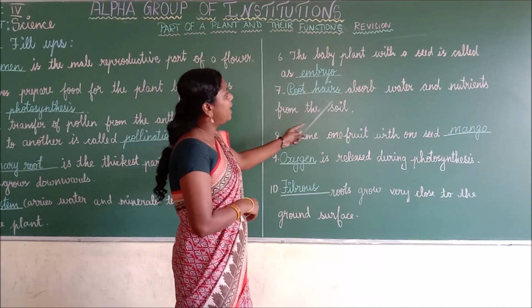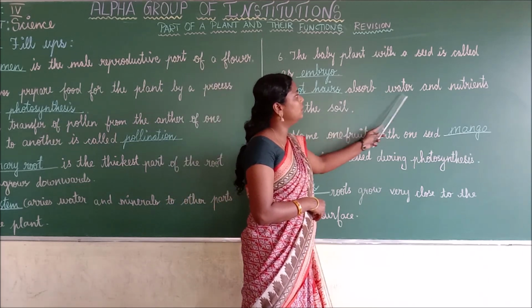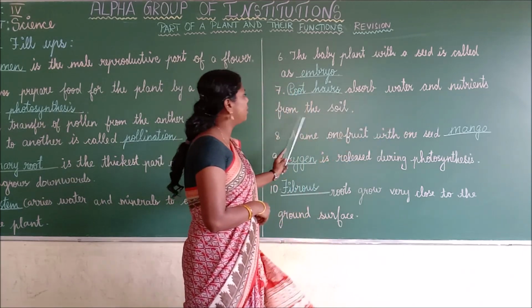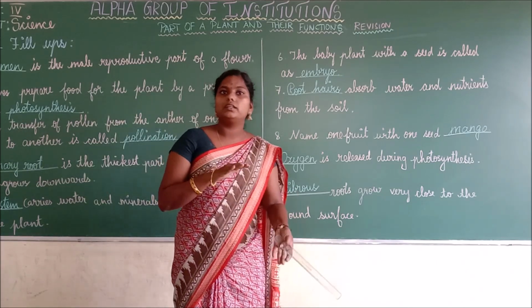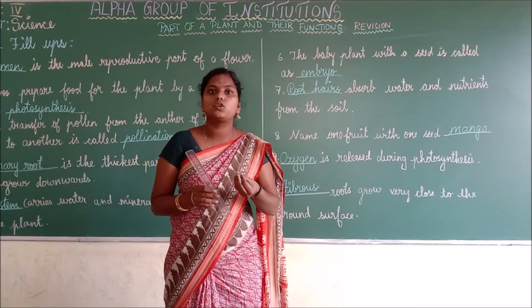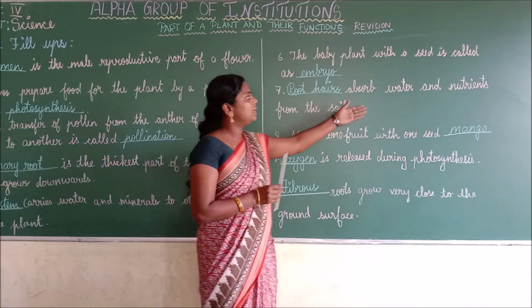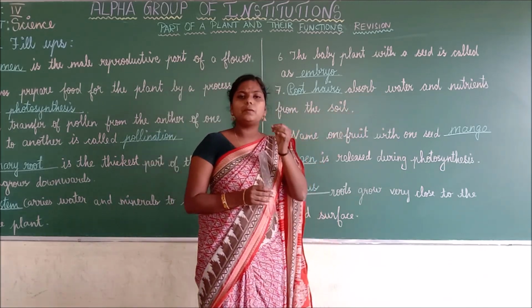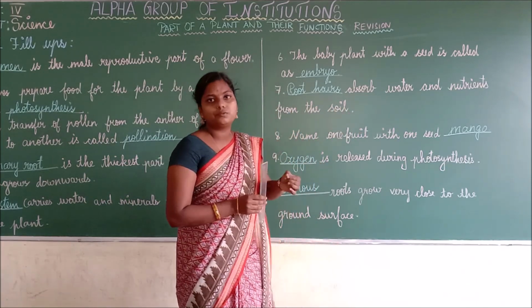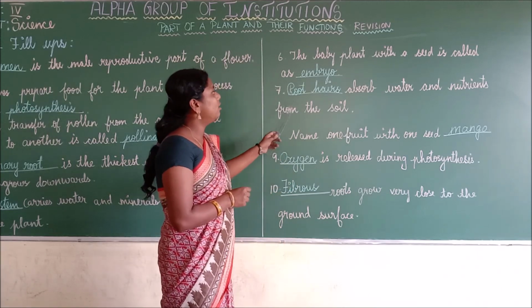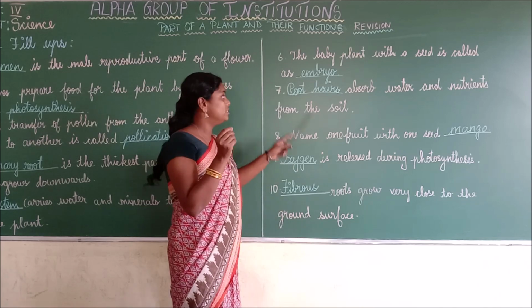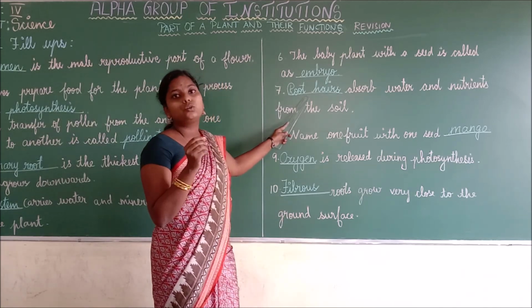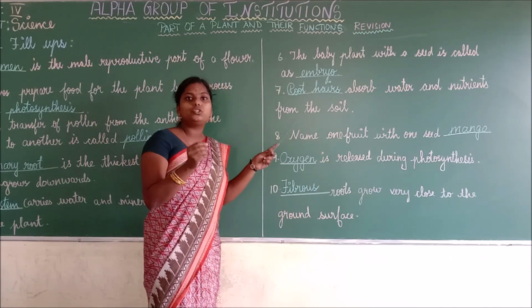Seventh one, dash absorb water and nutrients from the soil. So who will absorb this? Yes, of course, there are roots under the ground and these roots help to absorb the water and nutrients, but especially a part of the root absorbs this. What are they? They are root hairs. The small tiny parts of a root, and these root hairs absorb nutrients and minerals